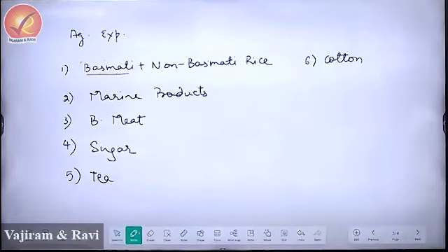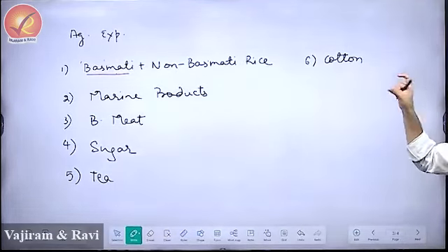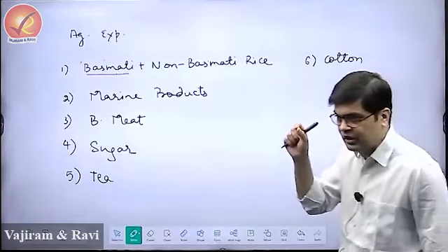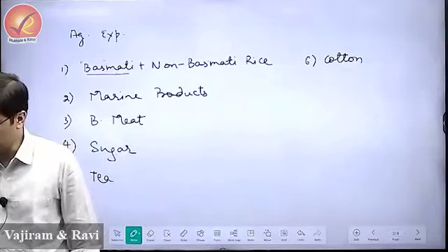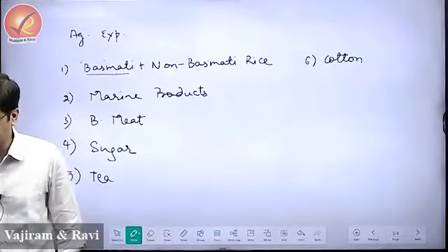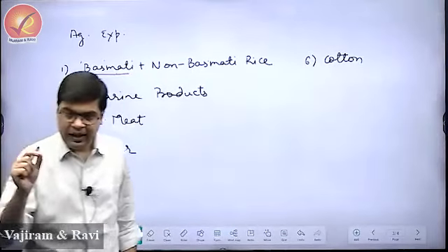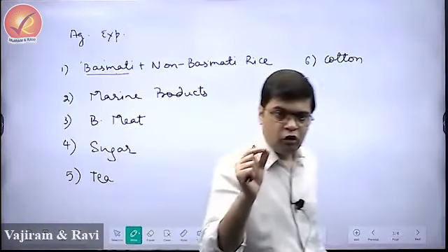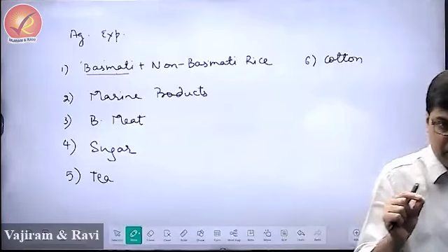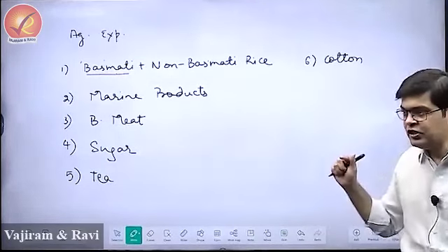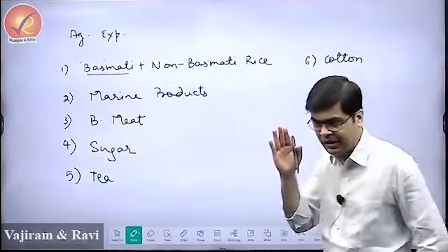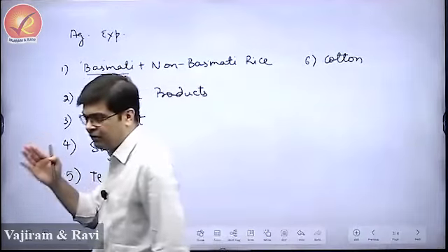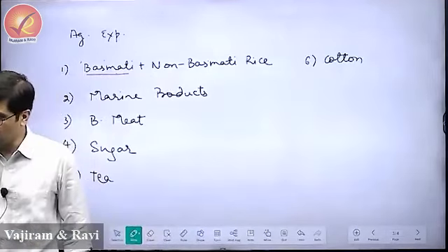Listen please. When you look at cotton, cotton is the most valuable commercial crop that we have in the country. The most valuable commercial crop that we have in India is cotton. Cotton is a crop of tropical areas, and India is the largest producer of cotton in the world. We have maximum area under cultivation of cotton, and we are also the largest producer of cotton in the world.